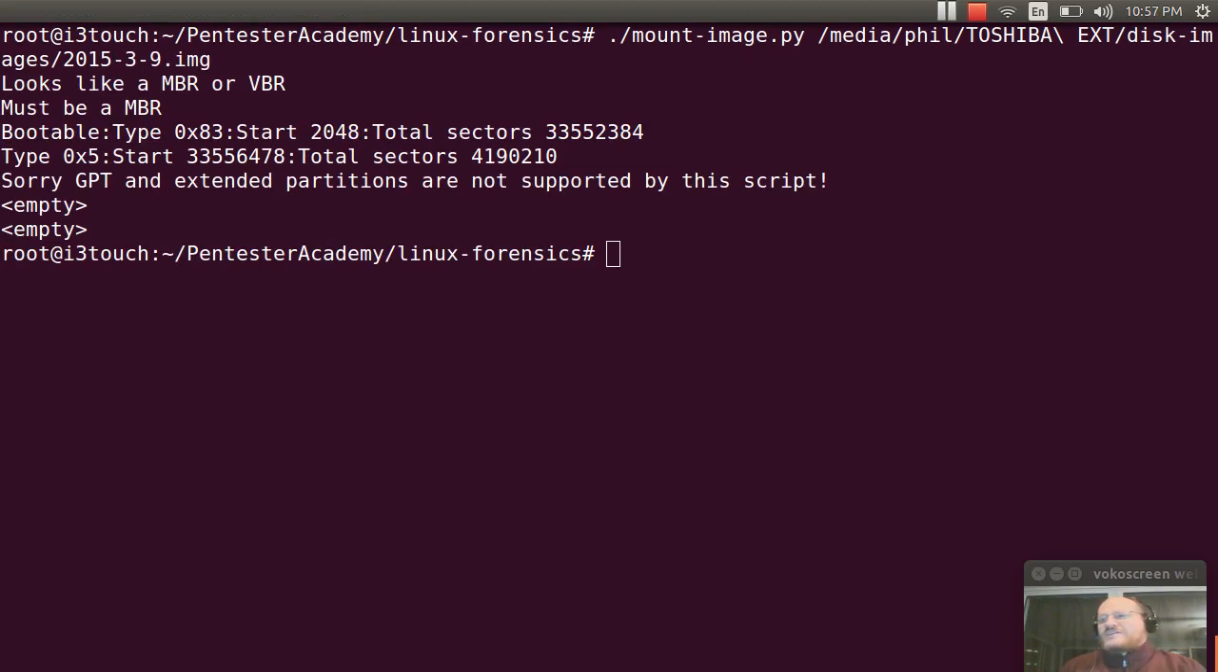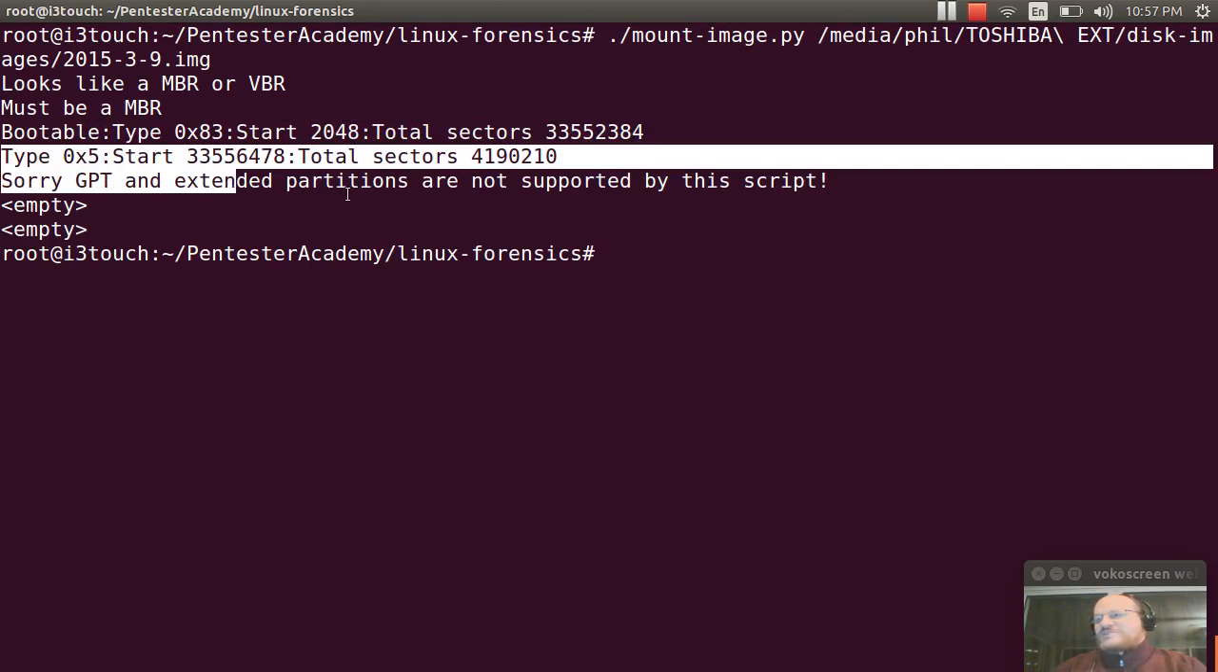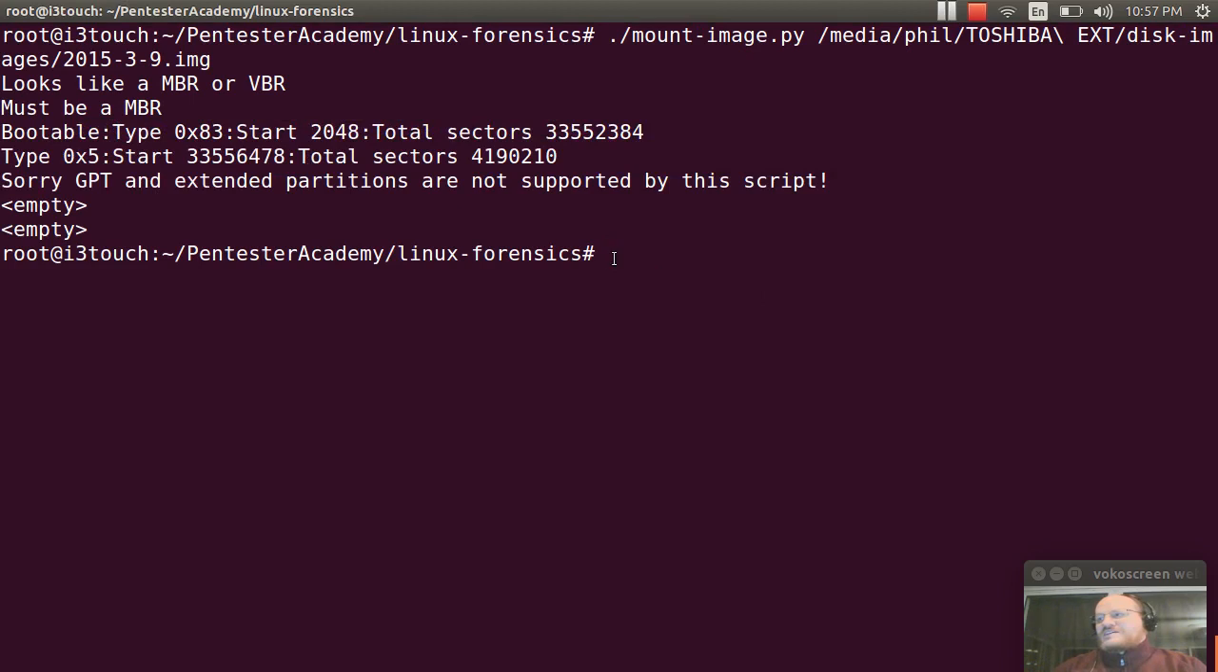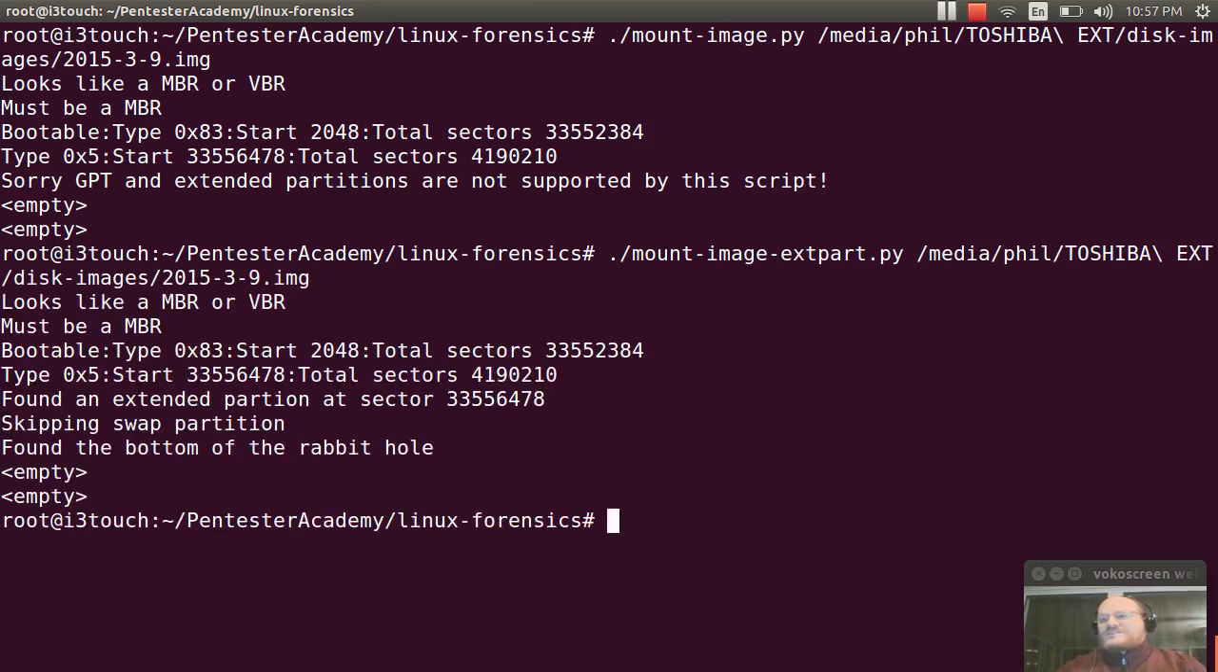It looks like it's an MBR, and it found a bootable partition type 83, which is Linux, and it also found an extended partition. It warned me and said that this script doesn't support those, but we did have a script for that. Now, if I actually ran that script, it won't do anything in this case, and the reason for that is that this extended partition is nothing but a swap partition. So if I go ahead and rerun it, sure enough, it comes up and says I am skipping that